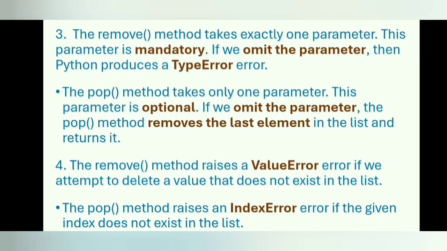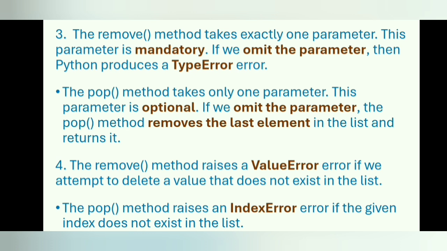The remove method takes exactly one parameter. This parameter is mandatory. If we omit the parameter, then Python produces a type error. The pop method takes only one parameter. This parameter is optional. If no index is specified, the pop method removes the last element in the list and